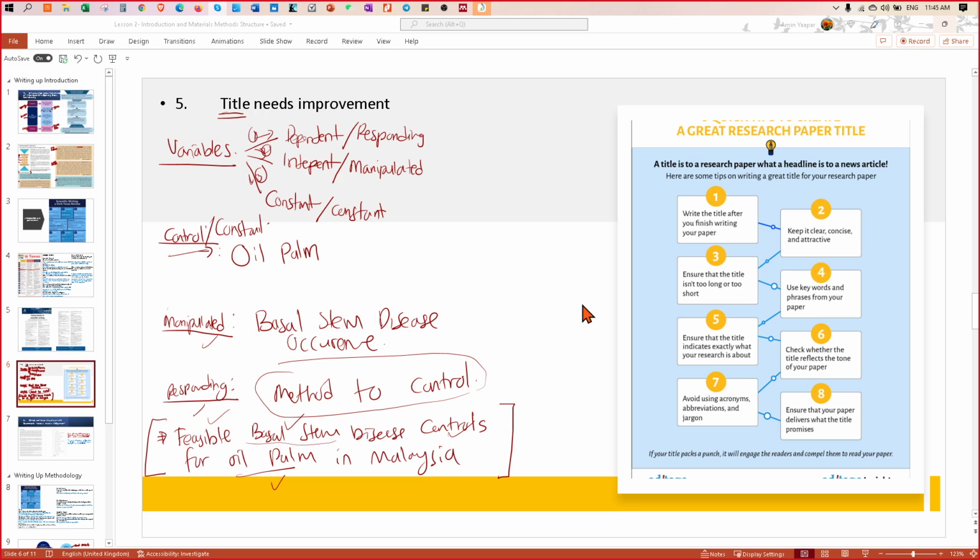So you have three variables. Your constant variable is the alfalfa. Your manipulated variables are the cultivation method. It can be under rain shelter or glasshouse. It can be in the open field. Your responding variables would be the alfalfa yield and also the alfalfa nutritional content. Okay, that's a good study. Using this information, create the proposal. That's all you need to do, and then submit to me after the EID.